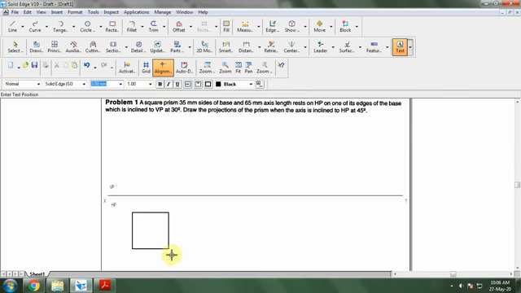So I have to label this as A in bracket A1, this as B in bracket B1, this as C in bracket C1, and this I'm going to consider as D in bracket D1.